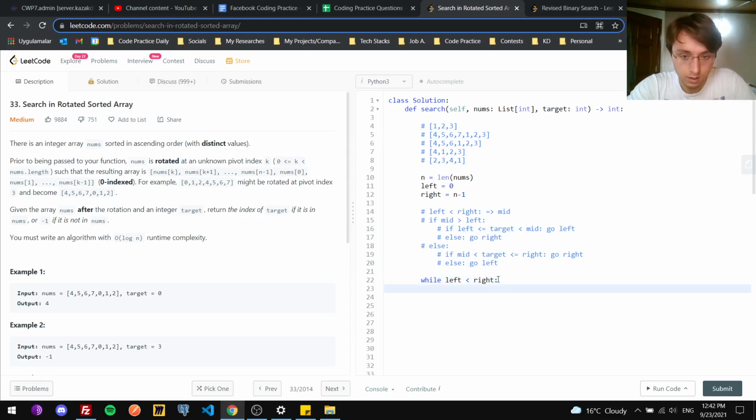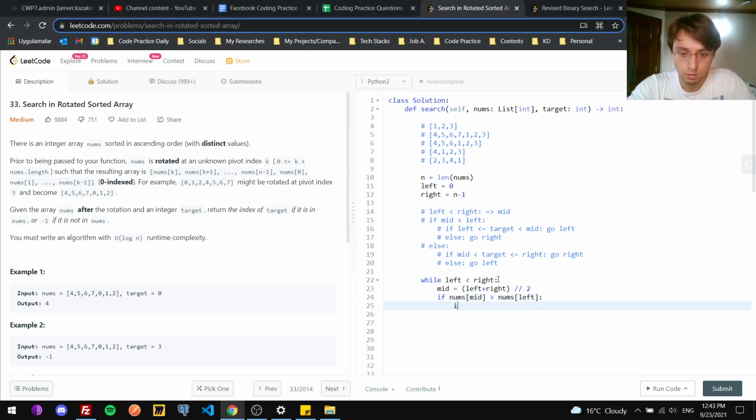So I'll have this, and then I'll calculate mid is equal to left plus right by 2, and then I will have an if statement if nums mid is greater than nums left,